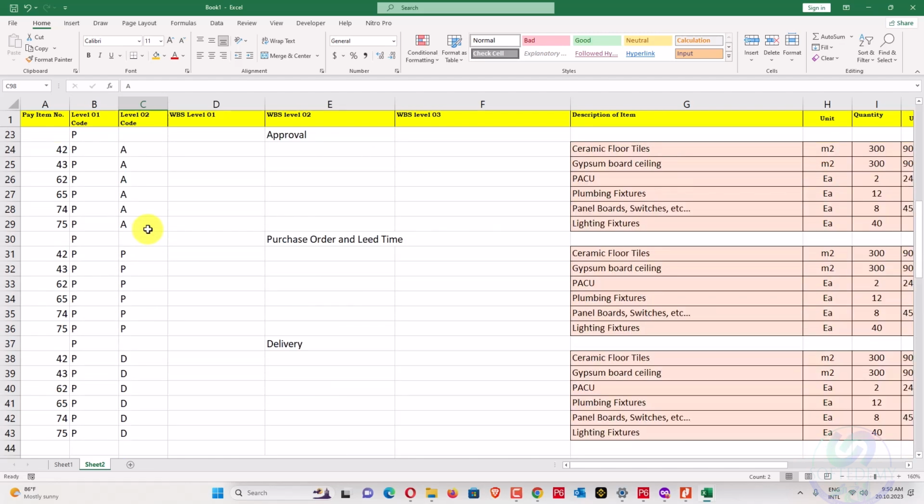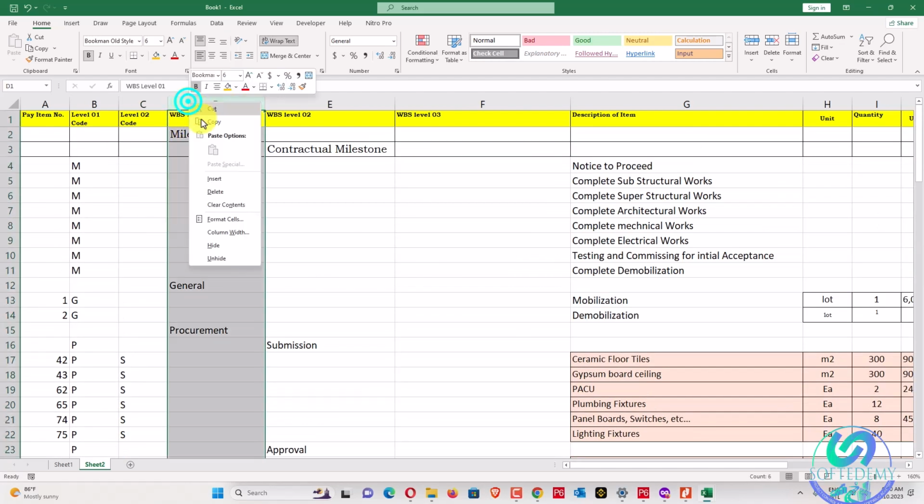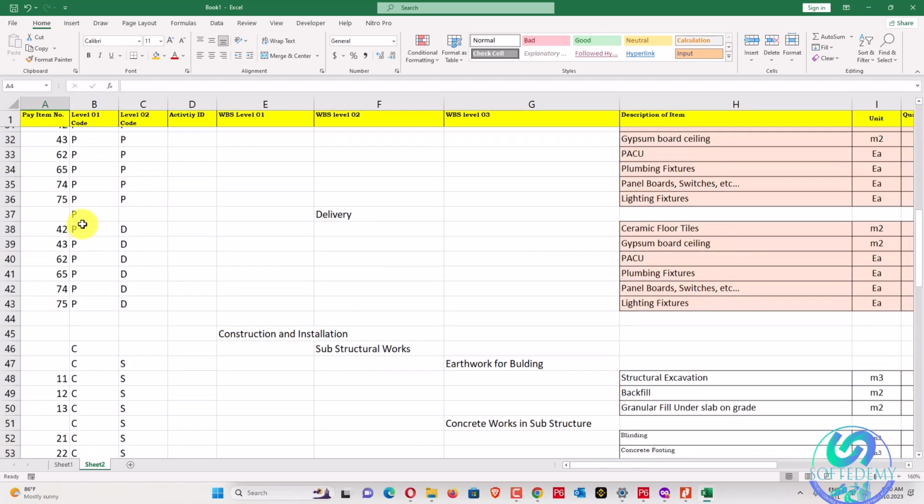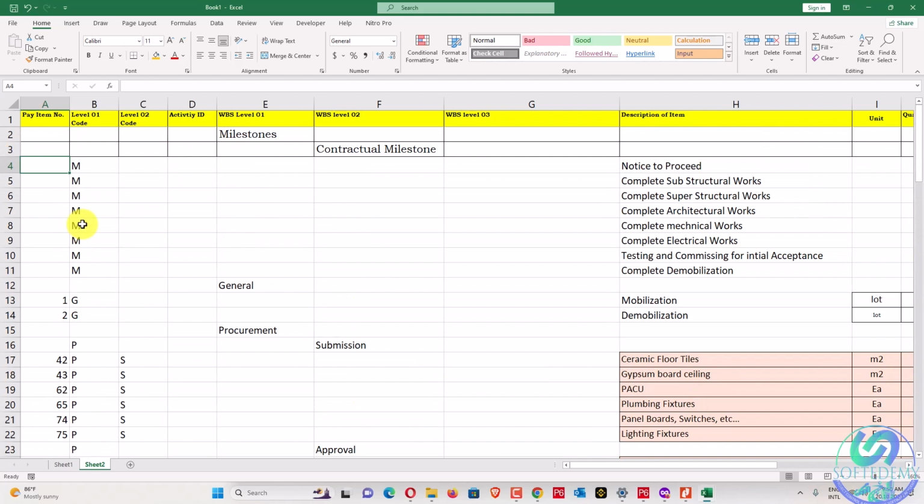Now we can create, you can see here activity IDs from here. So how will be your activity ID? You can write here a number, a different one, like we have 75 numbers here. You can write here 76, 77.